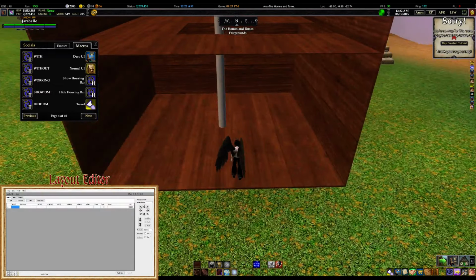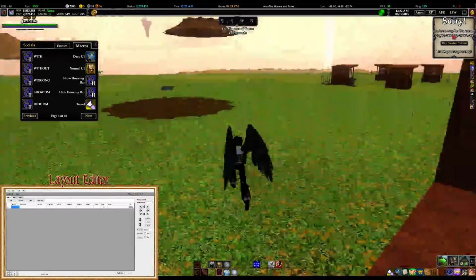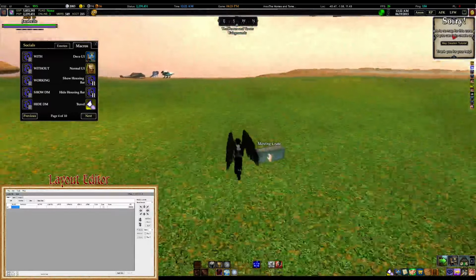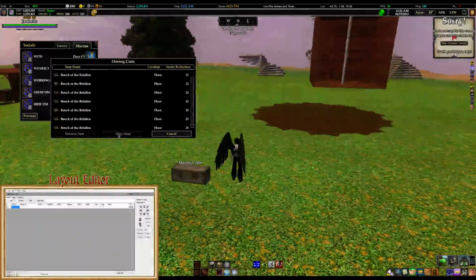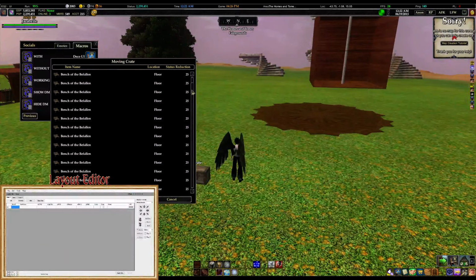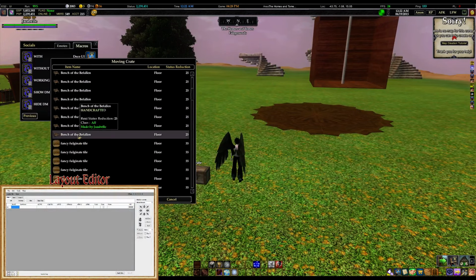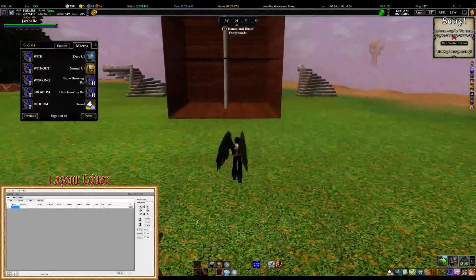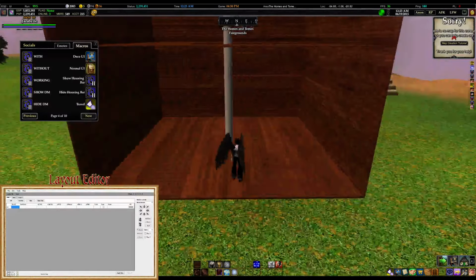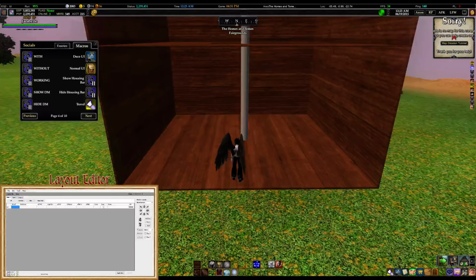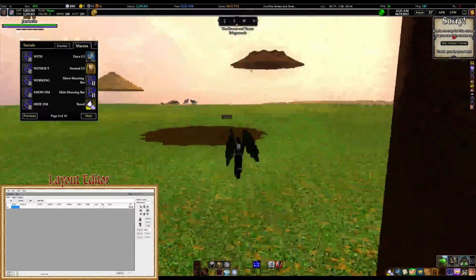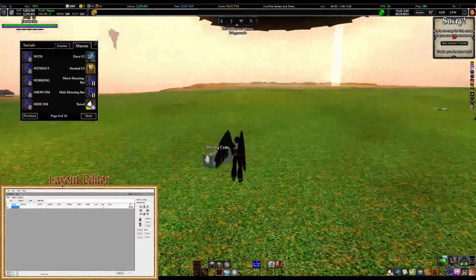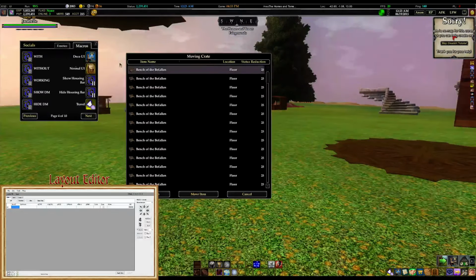So first thing to do is to make sure that your moving crate has enough items in it for what you're trying to build. In this case, I have 20 Bench of the Befallen in here, which is really great because I don't think I need a full 20 of them. That's step number one. Now, once you have those items in the moving crate, you will save a with file,